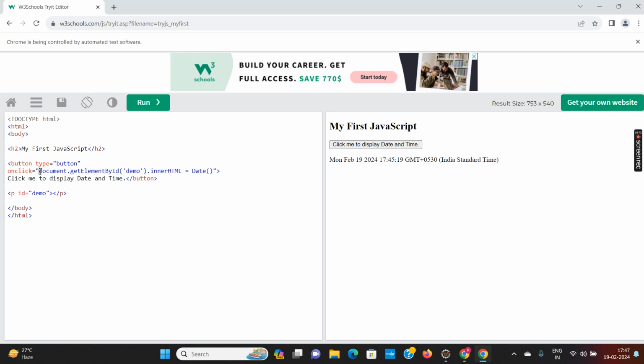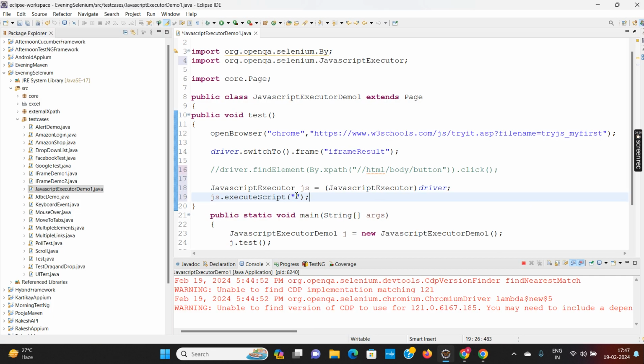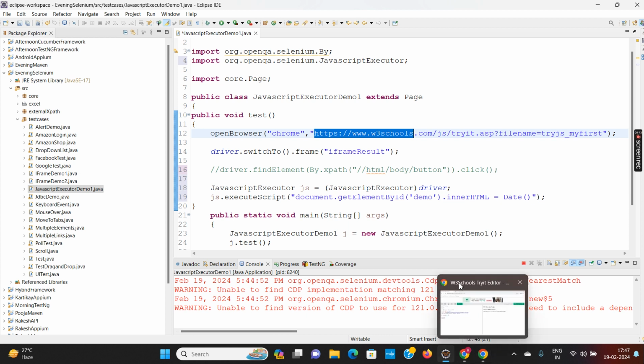So say I want to inject this code directly without clicking on the button. I will copy this JavaScript code and add it in my program. So here we are not taking the XPath of the button and we are not clicking on a button. Instead, I am directly injecting my JavaScript code to this page. That is document.getElementById demo.innerHTML date. And if I rerun it and check it,